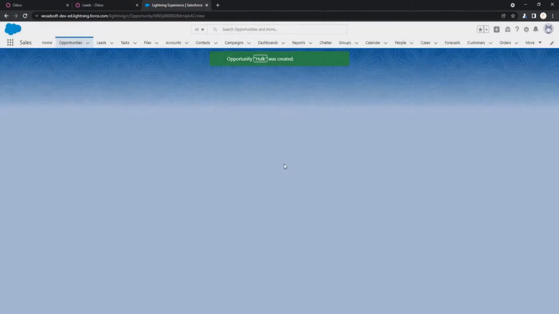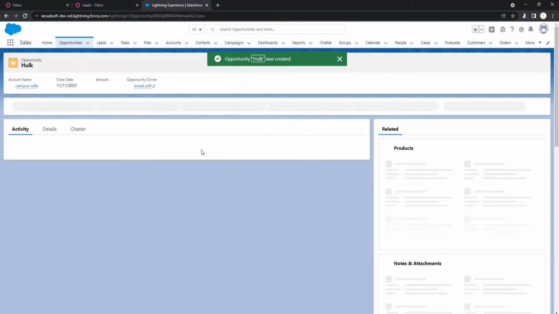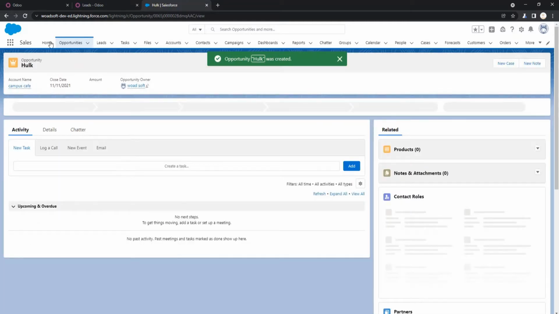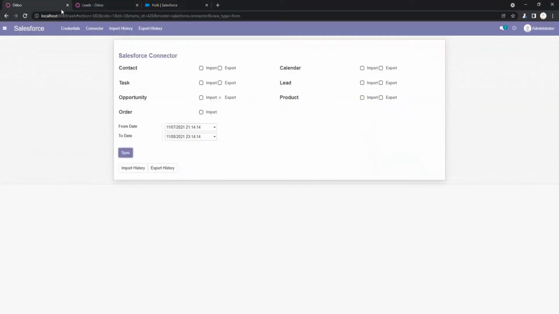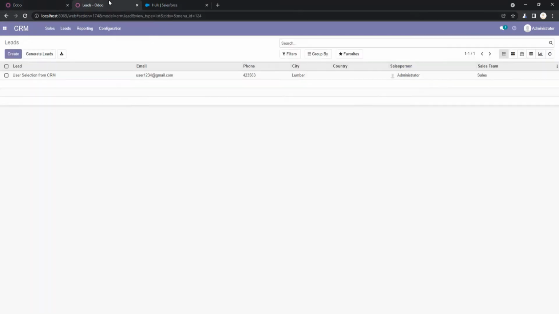So as you can see, the opportunity is created successfully. Okay, so I just import that opportunity in Odoo. So I just click the import option and click the sync button. Okay, so the process is completed successfully.